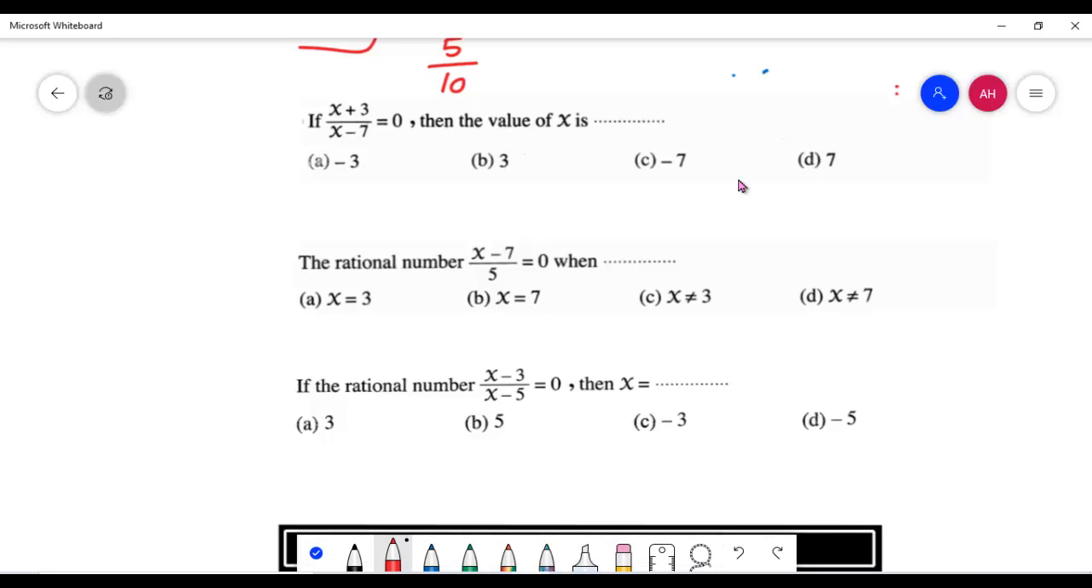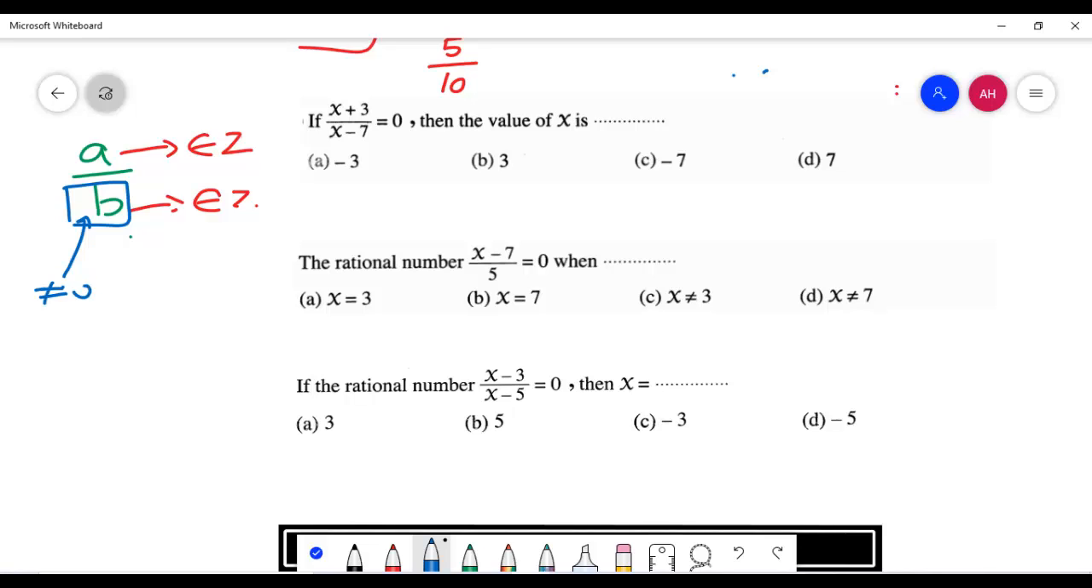Here he is telling me that if (x + 3)/(x − 7) equals 0, then the value of x is... We already agree that a/b, or anything that can be written in the form of a/b, is a rational number. My numerator should belong to Z, and also my denominator should belong to Z. And we said that b, which is my denominator, should never be equal to 0. Now he's telling me that this is a rational number